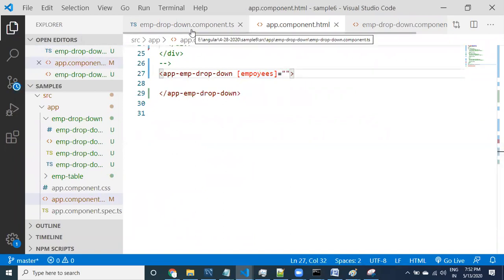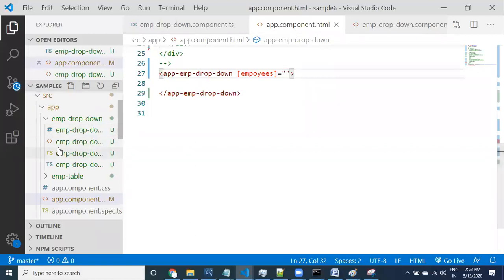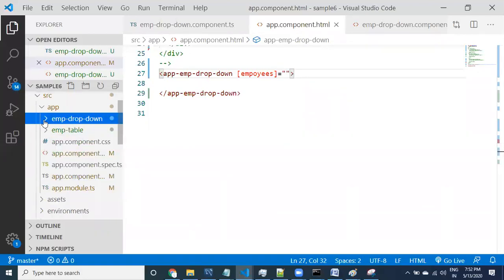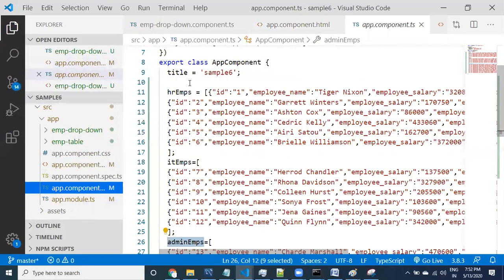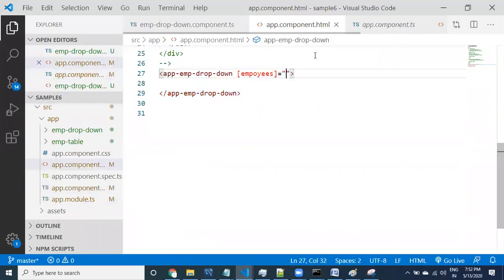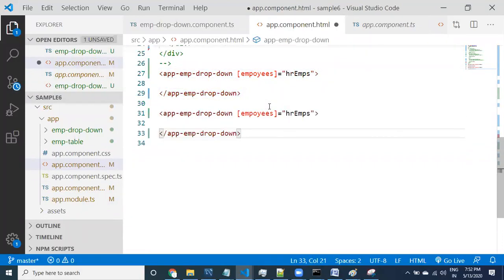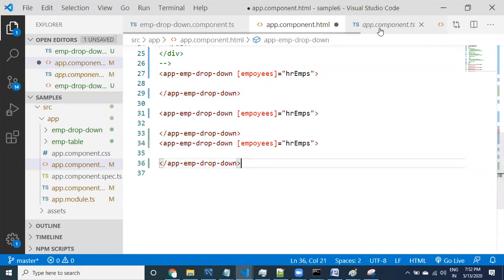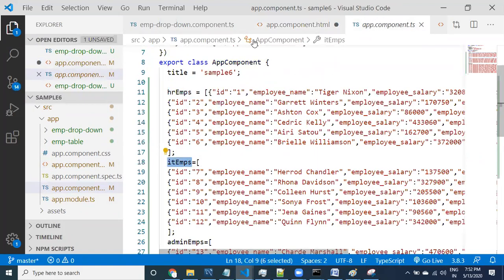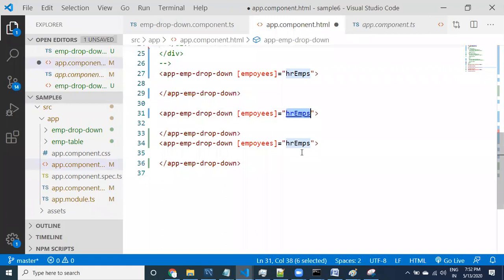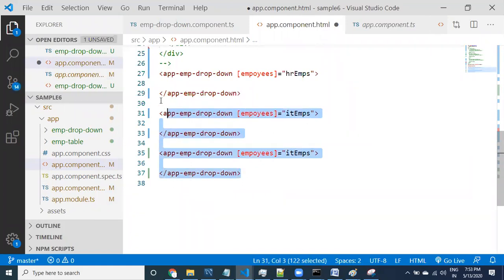In the app component we have 3 different types of data. If I go to the app component class, see here guys, HR EMPs, you can provide HR EMPs, and the same component you can reuse by providing different types of data.